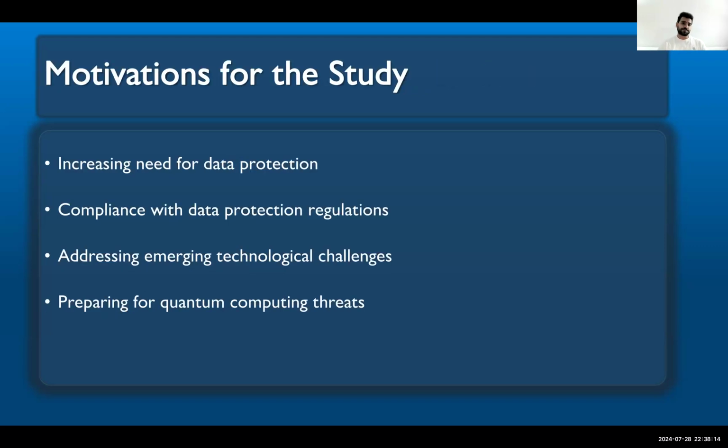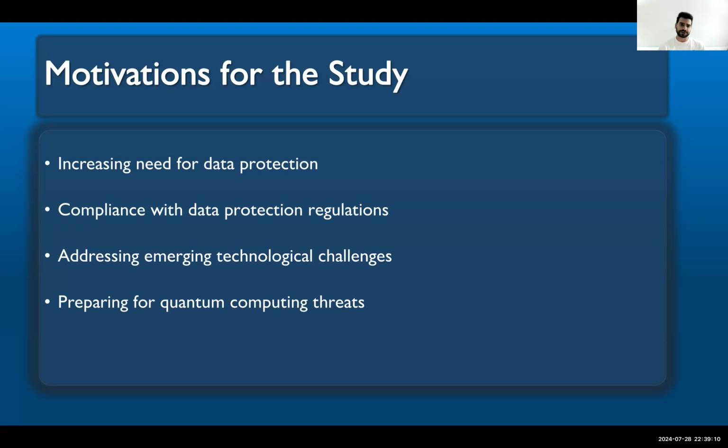My motivation for this study was the increasing need for protecting data, because the digital world is growing rapidly and we have to protect it in a better way. And we have to set some standard regulations for this protection. Because these methods are relatively new, there are some new challenges and problems that should be addressed. And quantum computers are emerging. They are potential threats now. They are so much faster than traditional computers, and we have to prepare algorithms that cannot be broken easily